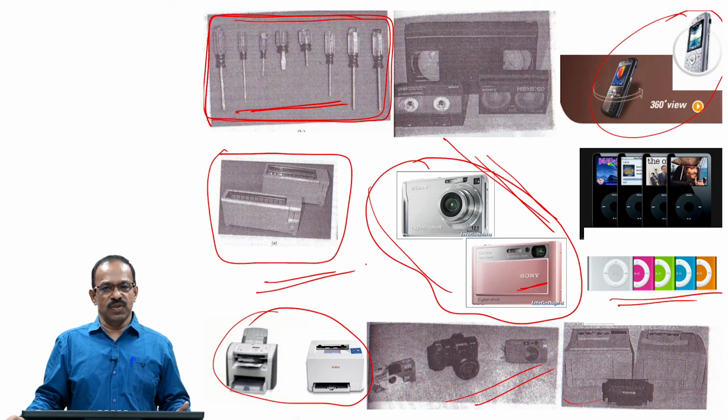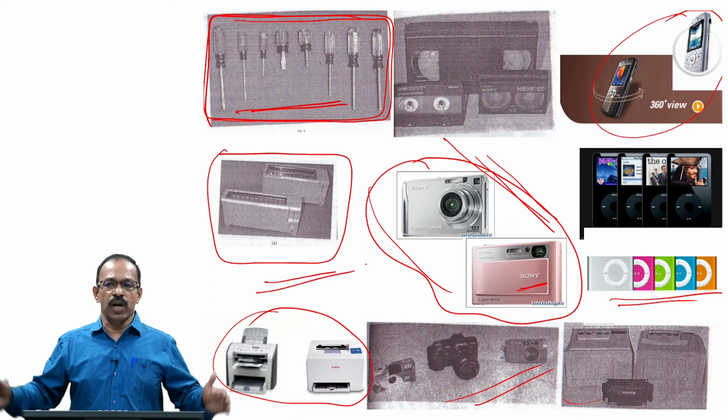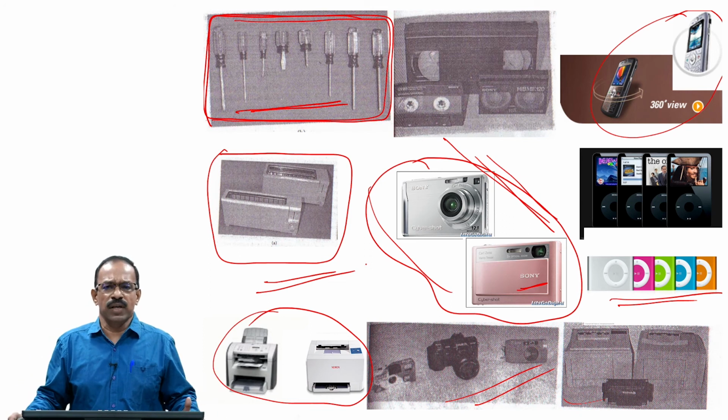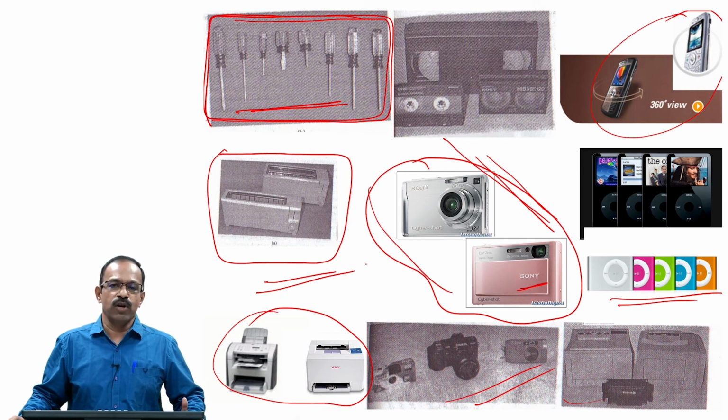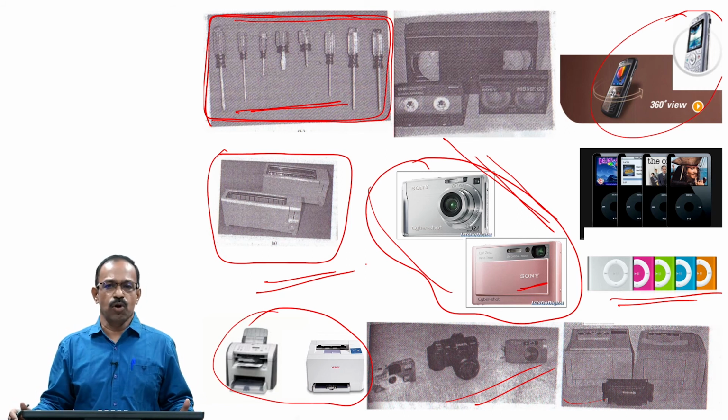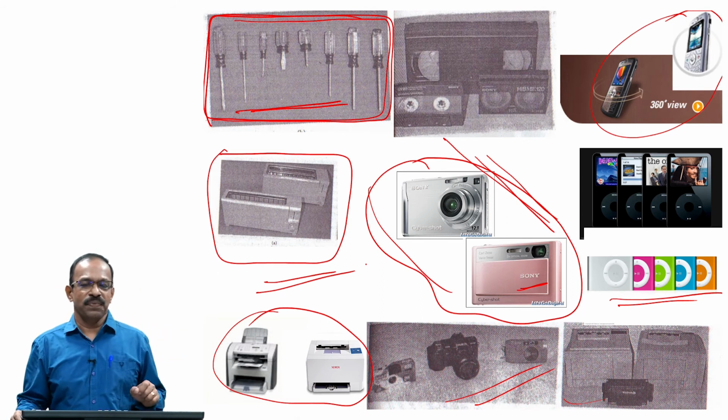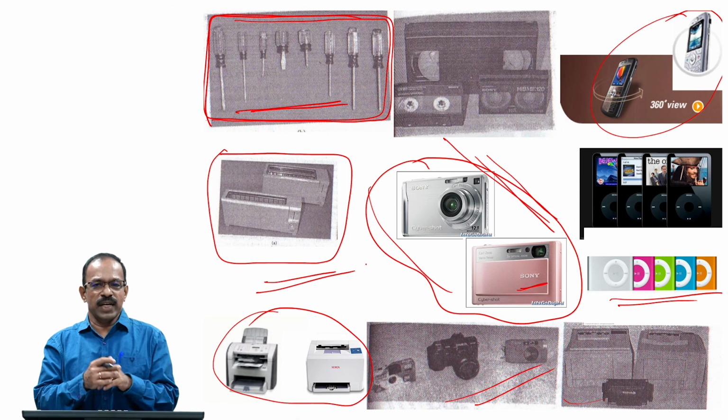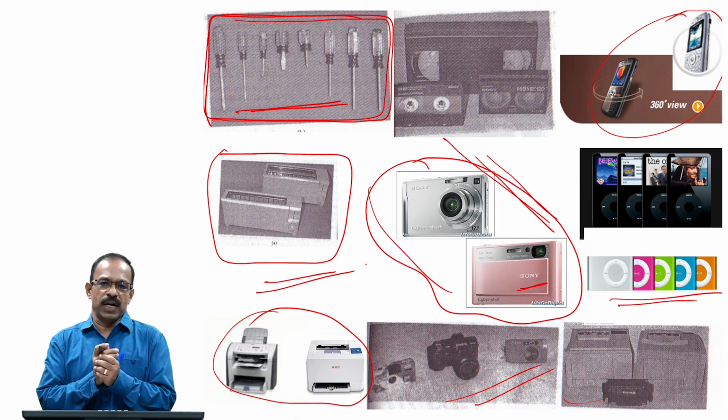For example, customers will say, I need a low cost product, and some people will say I need a high quality product, and these two do not go together very well. When you have a high quality product, naturally the price also goes up. So, how can the company satisfy both requirements? The company can decide, okay, I will have a low cost product and a high cost product. So, they can decide to have two products in the market.